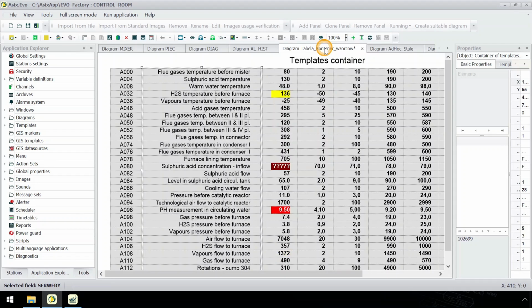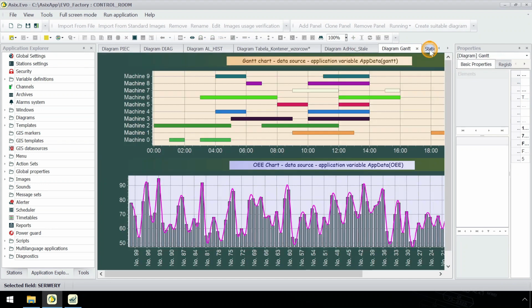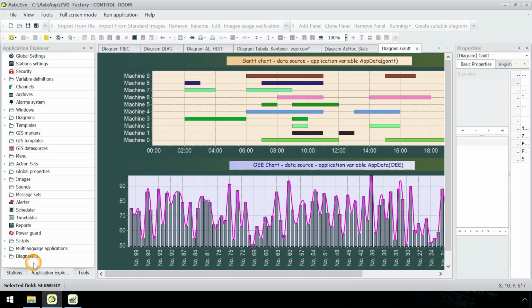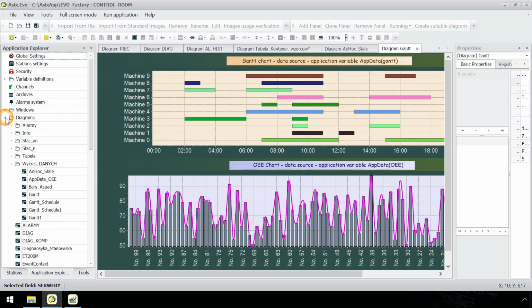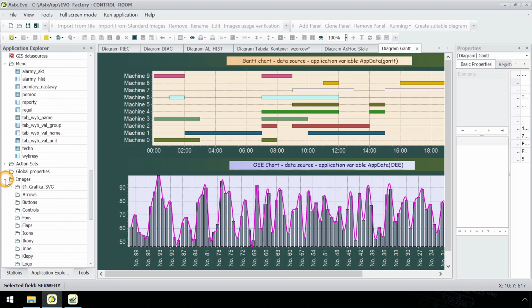Template Container, showing how to populate tables with data, Graphs Diagram, Gantt charts. You can also explore other functionalities of the demo project such as diagrams, templates, menus, ready-to-use images,